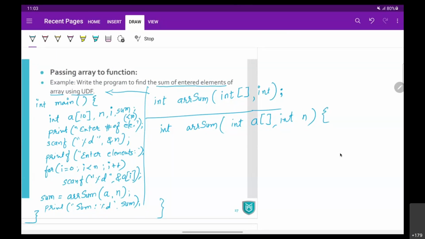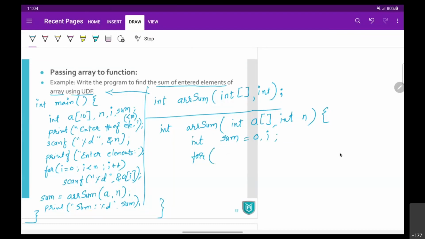Now when you do this, आपके पास array A आ गया, total elements n आ चुके हैं. What you have to do is, let us have local variable integer sum equals to 0 already, and then we are going to run a for loop. Now loop control variable चाहिए होगा, so let's declare I. Now this I is also local. This sum is also local to the function.